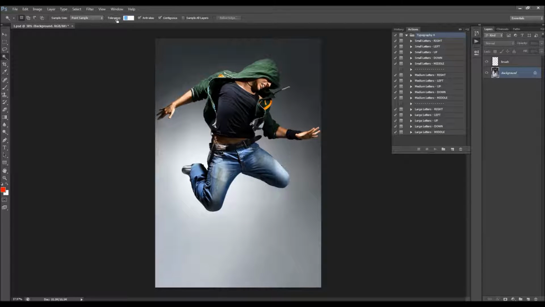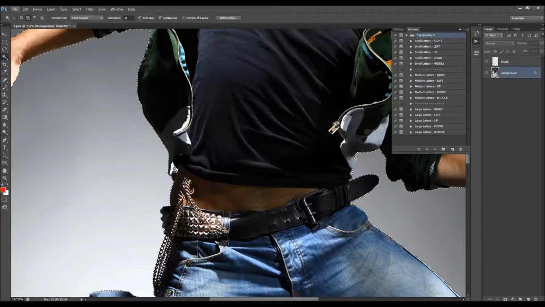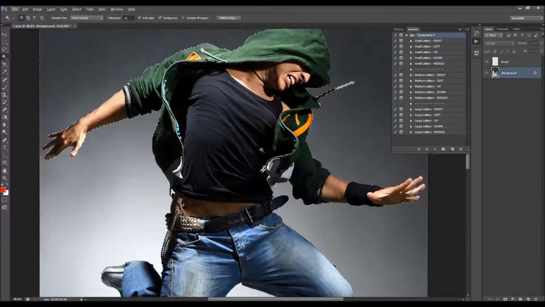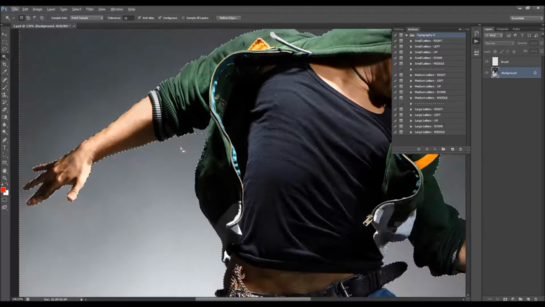Okay, just gonna lower the tolerance about like this, and just gonna select the background. So just hold the Shift button to add more areas into the selection, just like that. Okay, let me just zoom in a little bit, and to check if I have made a proper selection, just gonna click here,